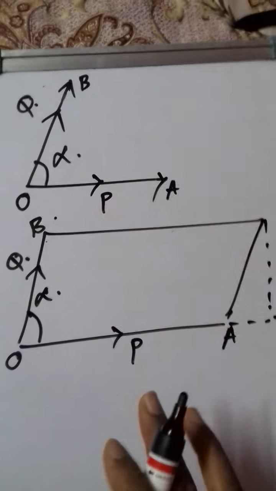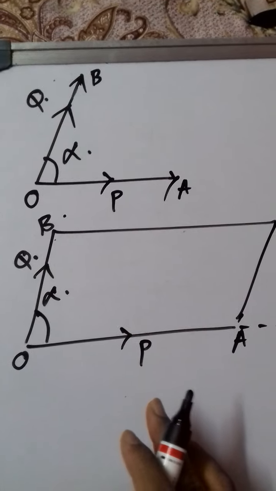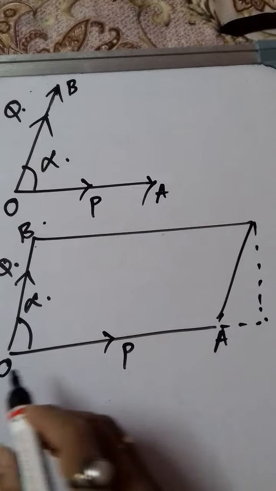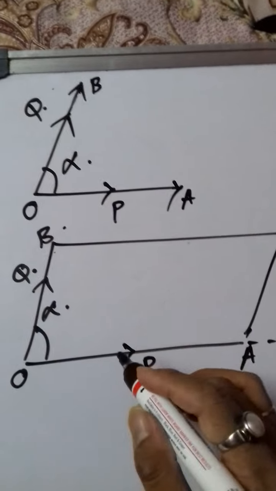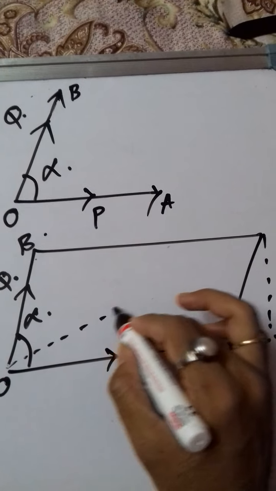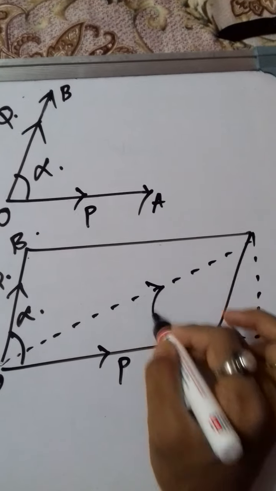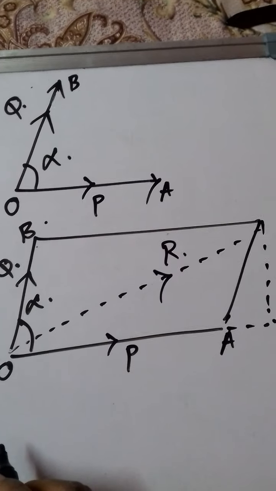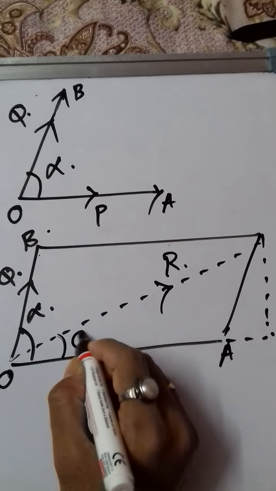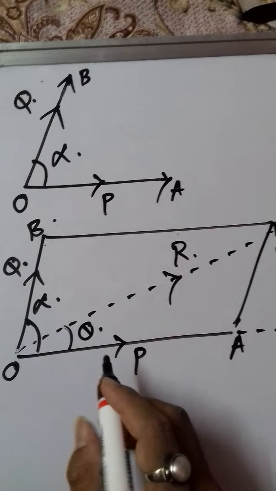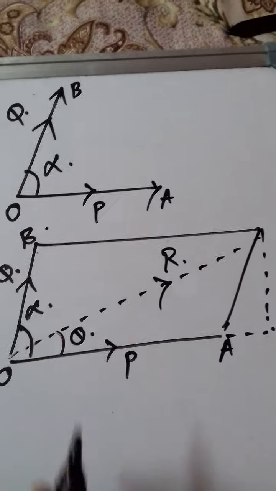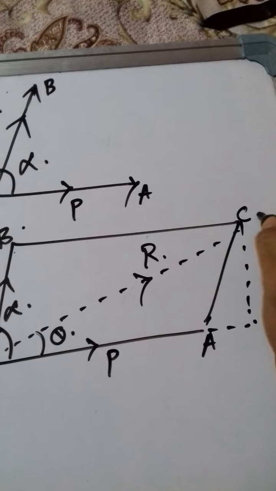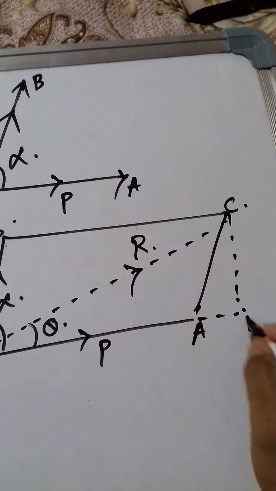Okay, so as per the statement, if there are two forces which can be represented in magnitude and direction by the two sides of parallelogram, so what are the two sides? OA and OB. Now the resultant can be represented by the diagonal which is passing through those points. So O is the common meeting point, right? And now this angle is called theta, which is the angle between one of the forces and the resultant. Okay, now let us name this thing. This can be C and this is D.